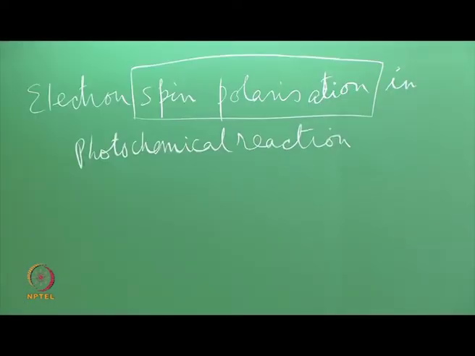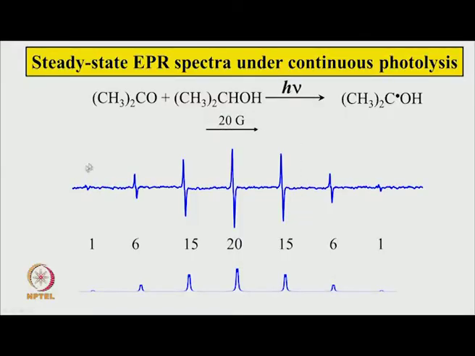So, here the steady state EPR spectrum of this particular system is shown. We have acetone mixed with isopropanol as a solvent, and we shine UV light, and the light is on all the time. We record the EPR spectrum the way we normally do. This is the steady state EPR spectrum recorded under continuous photolysis. The spectrum looks like this, and from the intensities of these various hyperfine lines we can definitely attribute it to this radical. So, the chemical reaction is